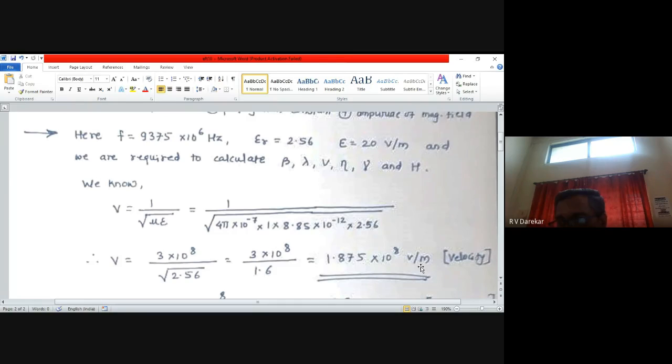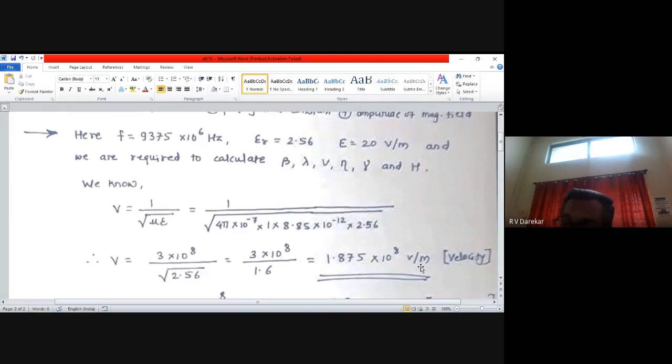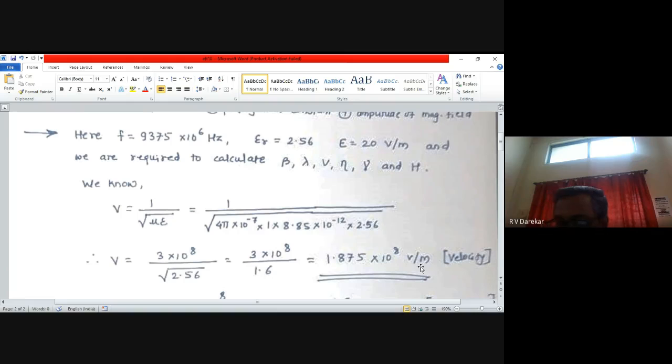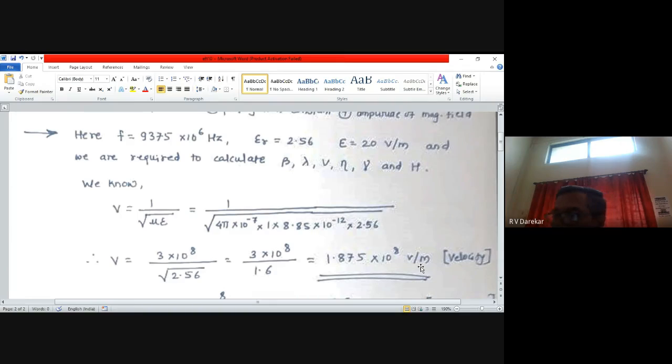Yes, you can tell us. Yes, meter per second, sir. Very good. And by mistake what happened was volts per meter. Is this Ashwini, or is it Lakshmi? Ashwini, sir. Okay, Ashwini, right. Azim Sheikh also has given the answer. Very good, Azim. It is meter per second that we have to remember. The velocity can be measured in the units of meter per second.